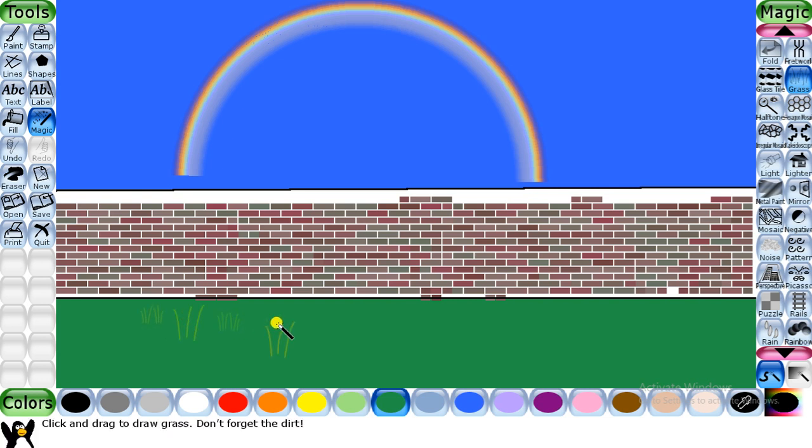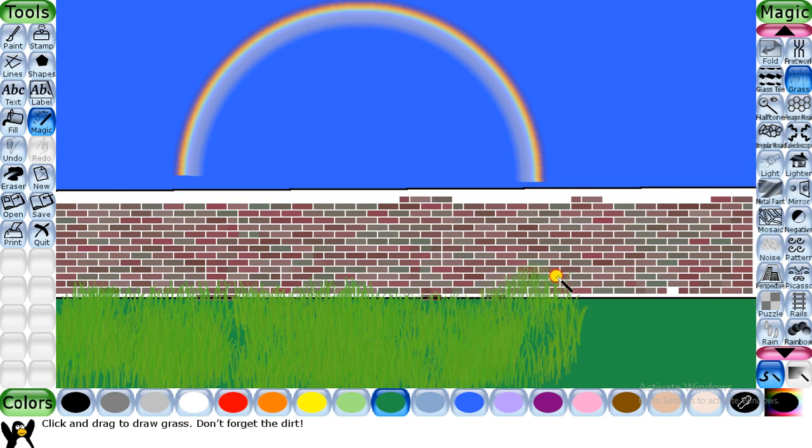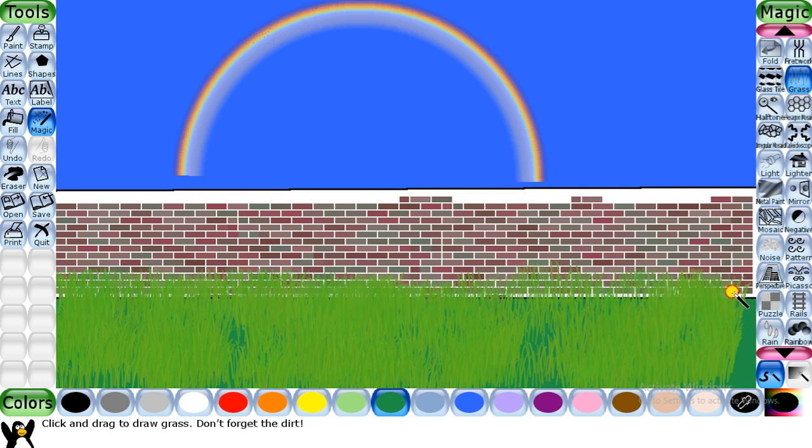Now see, in this manner, if you want to drag it, you can drag it also. If you want to click it, you can give it a click also. So I guess dragging is much more beneficial. So I'll just click on it, and this is how your grass will appear. Okay, so this is the grass effect.